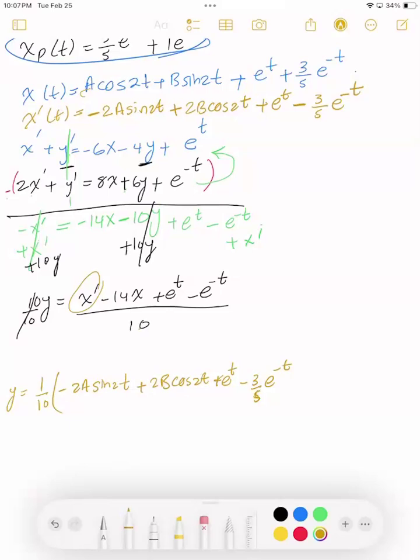Then I have negative 14x, so this 1/10 is going to get multiplied by everything. So now I have to multiply